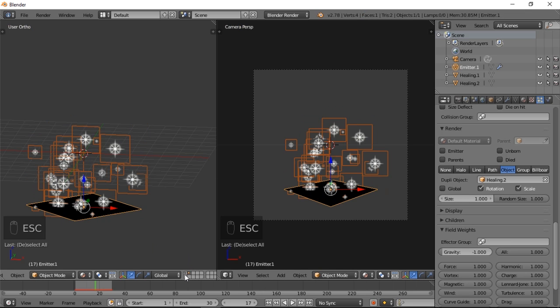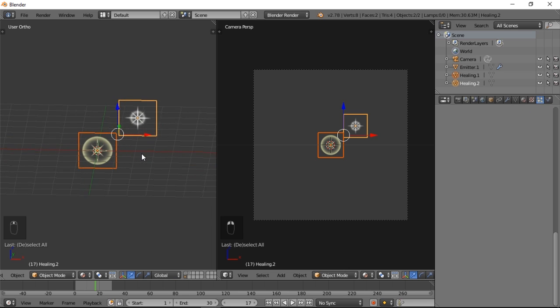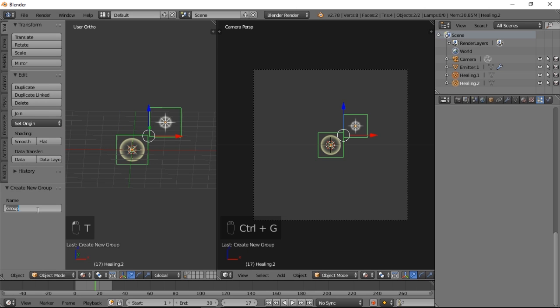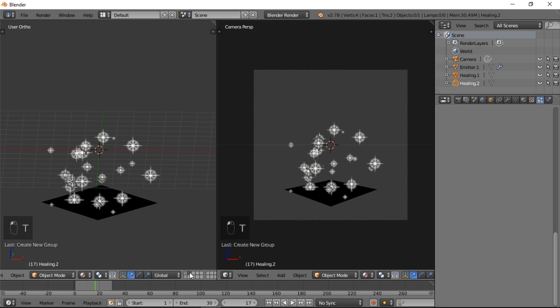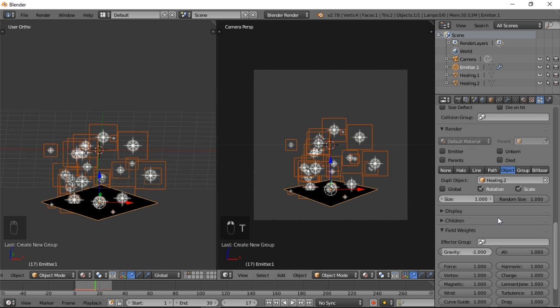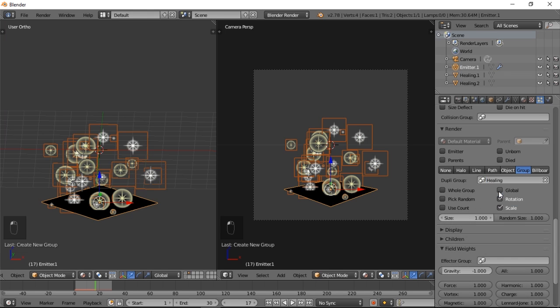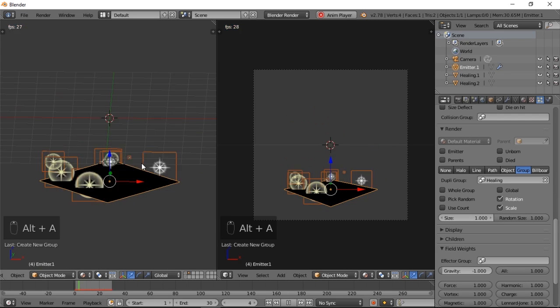We're going to first put both of these 2 shapes into a group by pressing Control G, create new group. I'm going to name this group Healing. Close the back. Now we go back to our emitter and we select group, and then we select the healing group that we just created. Now it's generating both of them in random order,